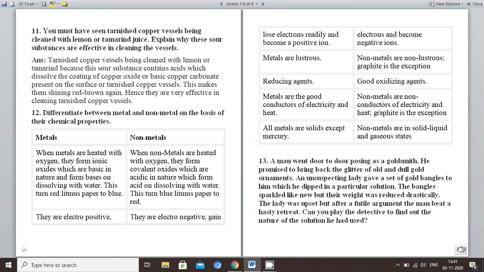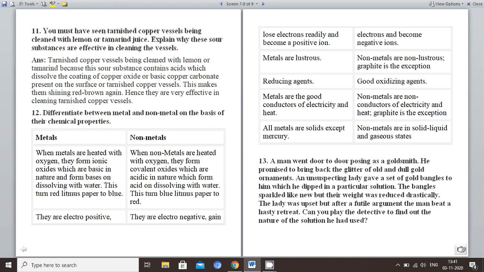So basically tarnished copper vessels are cleaned with lemon or tamarind because these sour substances contain acid and metal oxides are formed. क्यों? क्योंकि कॉपर जो है वो ऑक्सीजन के साथ रिएक्ट करके कॉपर ऑक्साइड बना रहे हैं, दैट इज अ मेटल ऑक्साइड. एंड सारे मेटल ऑक्साइड्स क्या होते हैं? बेसिक इन नेचर. एंड यू नो लेमन और टैमरिंड जूस आपका एसिडिक इन नेचर है. सो व्हेन एन एसिड और बेस रिएक्ट इट विल फॉर्म अ न्यूट्रल सब्सटेंस एंड दैट न्यूट्रल सब्सटेंस मीन्स कि आपने उनके ऊपर के जो लेयर डिपॉजिट हुई थी उसको क्लीन कर दिया एंड अल्टीमेटली आपने उसकी शाइनेस को वापस लौटा